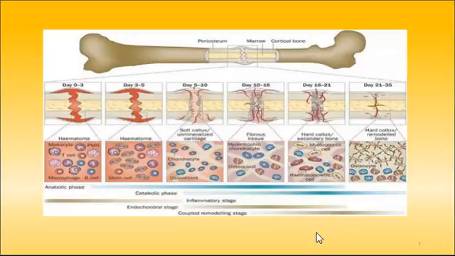And then as healing continues into stage 4, the callus is gradually reabsorbed and transformed into bone, and the stage usually is 3 to 8 weeks. And during the 5th and final stage of healing, consolidation, remodeling, the bone continues to meet mechanical demands. The process may start as early as 4 to 6 weeks after a fracture, can continue up to a year